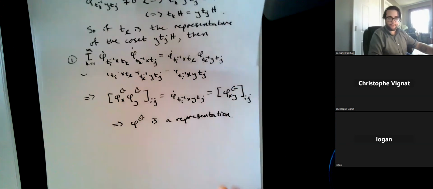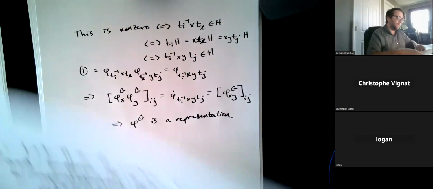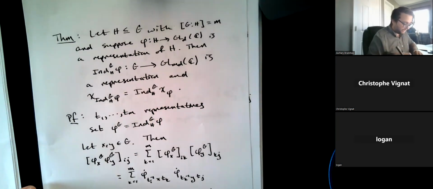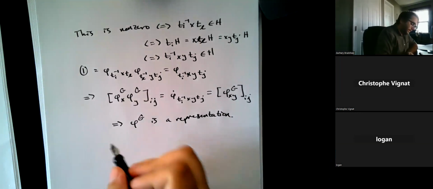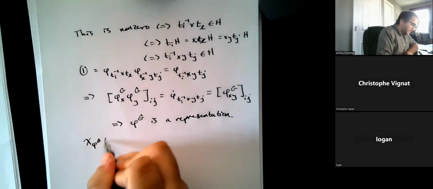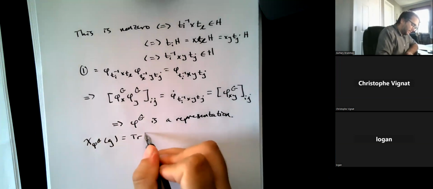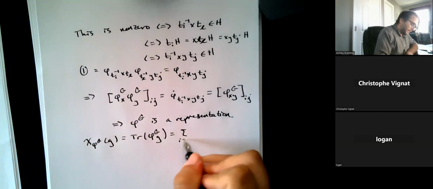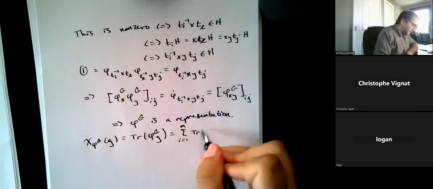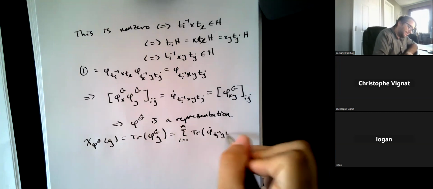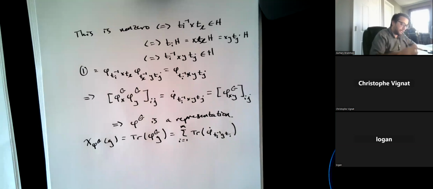Okay, that was a little tricky, but we still have one more thing to prove. We need to show that the character of the induced representation is the induced character. But that part's actually pretty easy. Chi phi g is the trace of phi g on G, which is the sum from i equals 1 to m of the traces of phi dot t_i inverse g t_i, right? Because